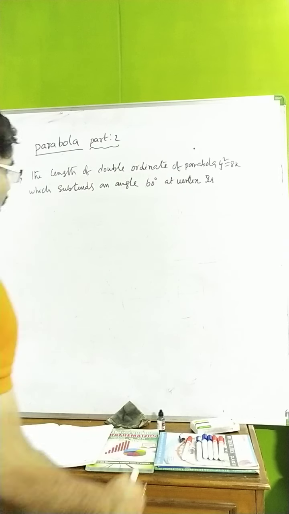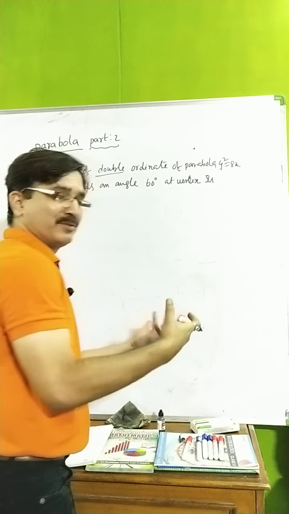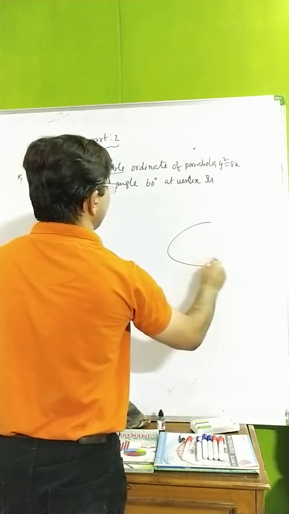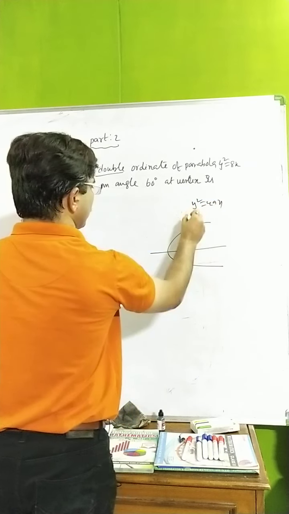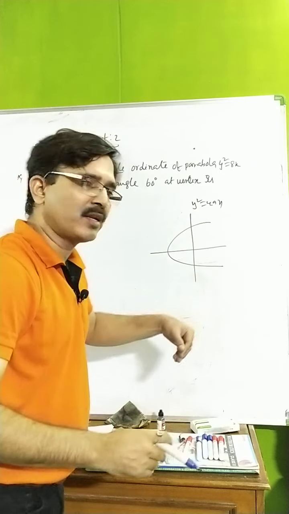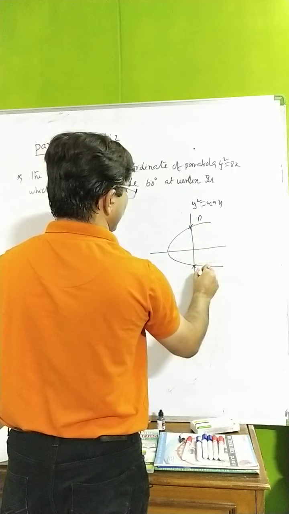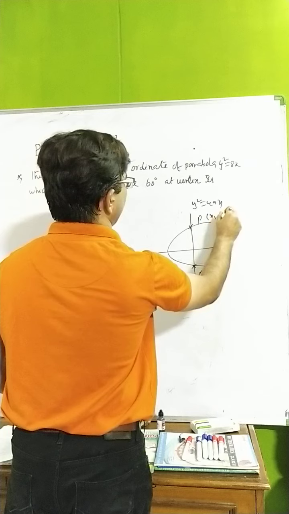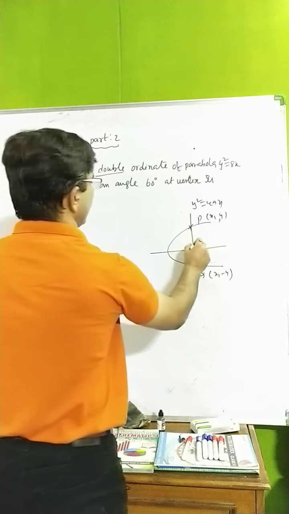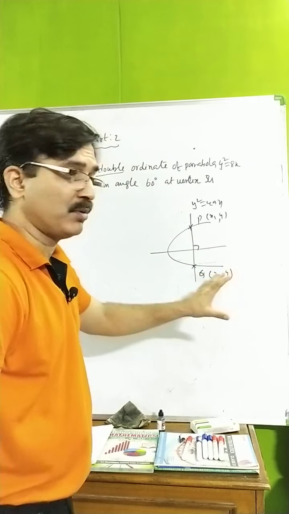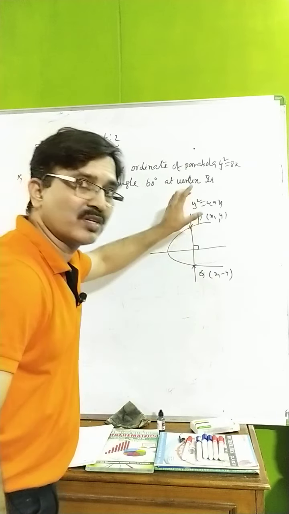Now here I use the word double ordinate. In the question he used the word double ordinate, not I. What is meant by double ordinate? Please remember, taking the standard equation y square equal to 4ax, any line perpendicular to the axis of the parabola that cuts the parabola at 2 points P and Q is a double ordinate. If one point is x comma y, the other will be x comma minus y. You can take a line elsewhere also, but that is not correct; it should cut the parabola.